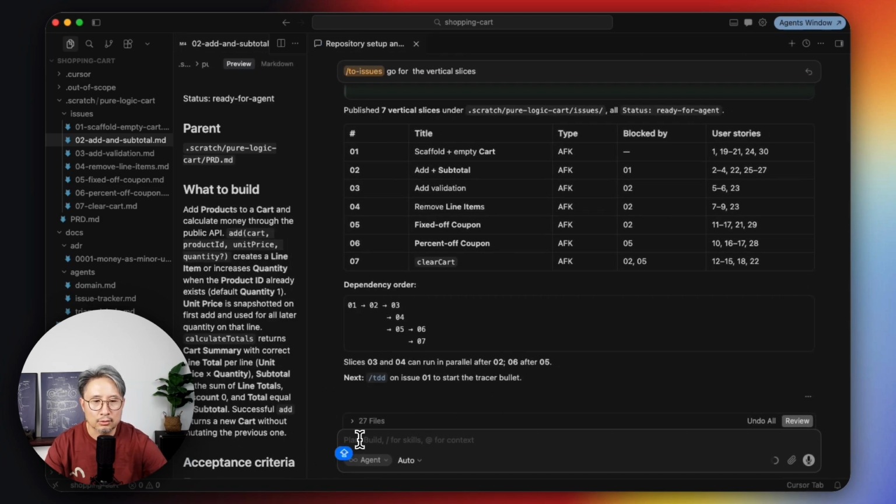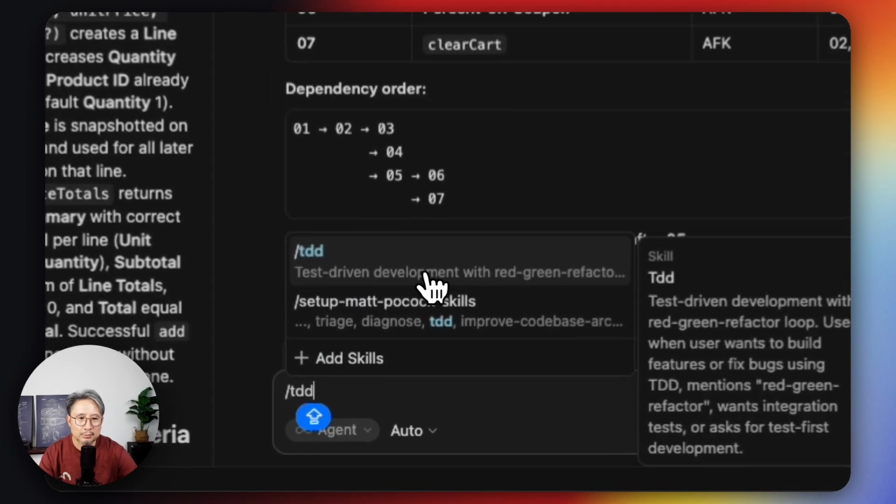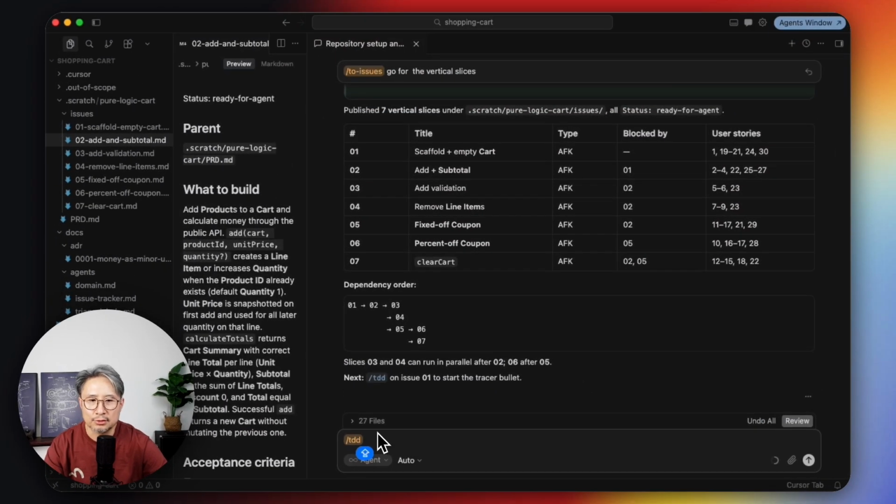Now we are going to the actual code writing step, which is called TDD, test-driven development, with red-green-refactor steps. We will design the code from one slice to another from the issues that we created.